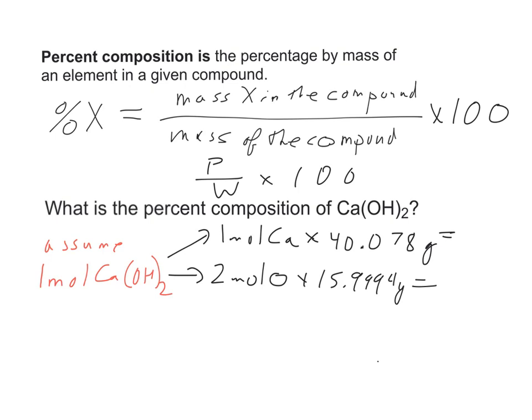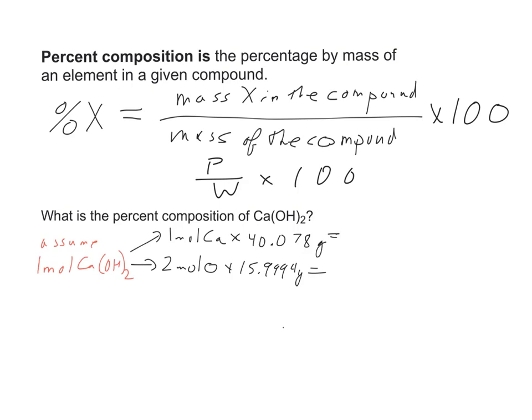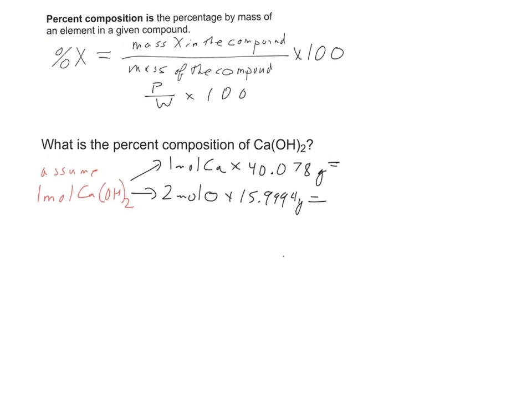So my mass of oxygen would be, oh, my calculator turned itself off. How rude. 2 times 15.9994, or 31.9988 grams of oxygen. And my 1 mole of calcium hydroxide would also contain 2 moles of hydrogen,